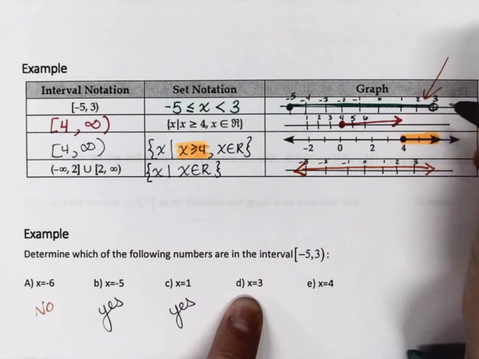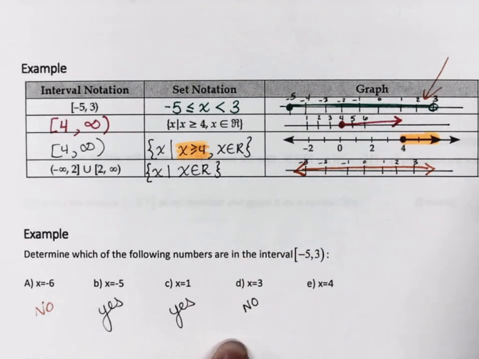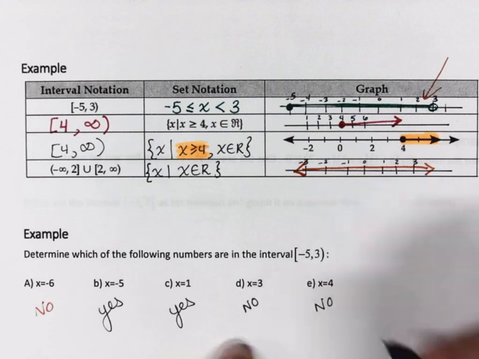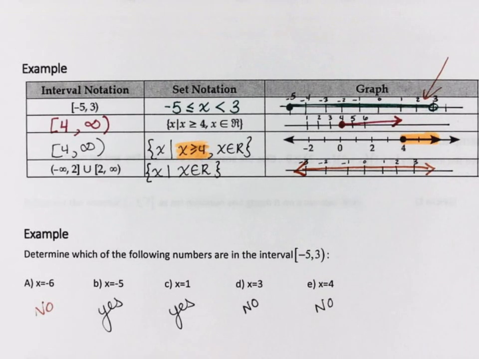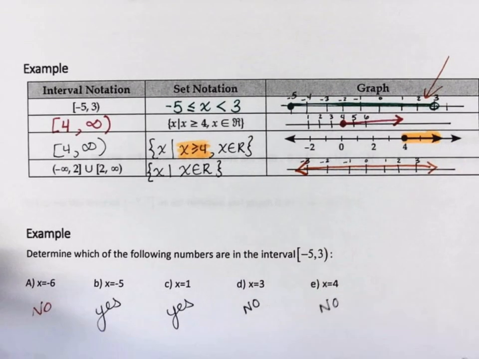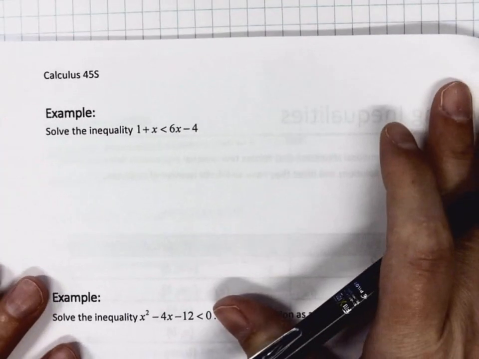X equals 3. So it is an endpoint, but it's an open circle, so it does not include that point. And x equals 4, that would be somewhere out here, so that would also be a no. So yeah, you're just determining, does this variable fit on that number line? Sometimes it's easy to see as a number line. This unit is probably one of the more difficult units, but this first lesson is like welcome